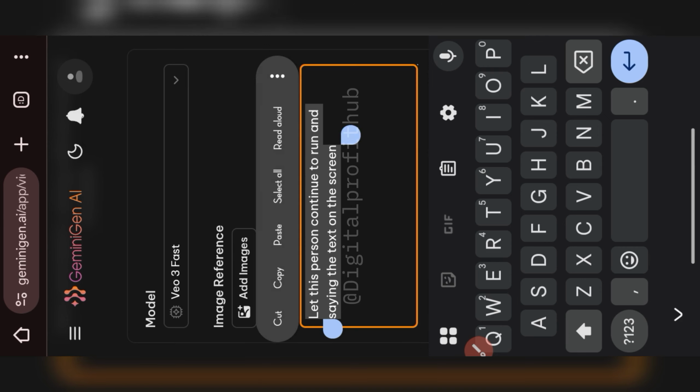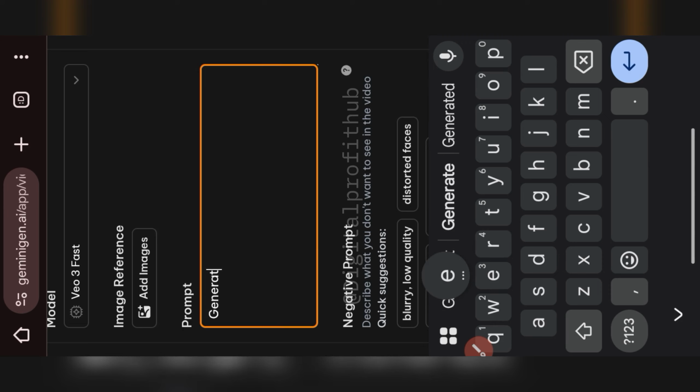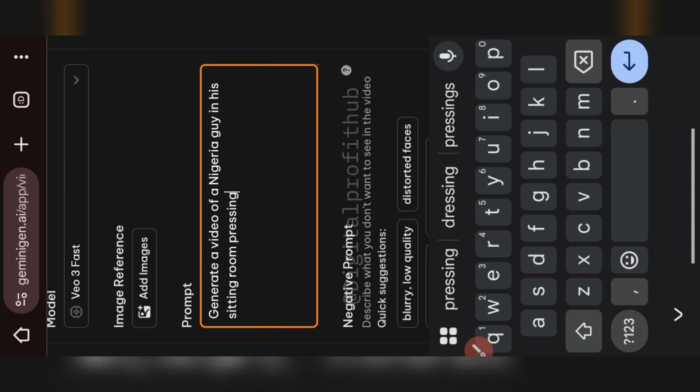So remember the prompt generator I gave to you. You are going to use it to generate a very detailed prompt. But for the purpose of this tutorial, I'm just going to type a random prompt to generate. So I can just say, generate a video of a Nigerian guy in his city room pressing his laptop